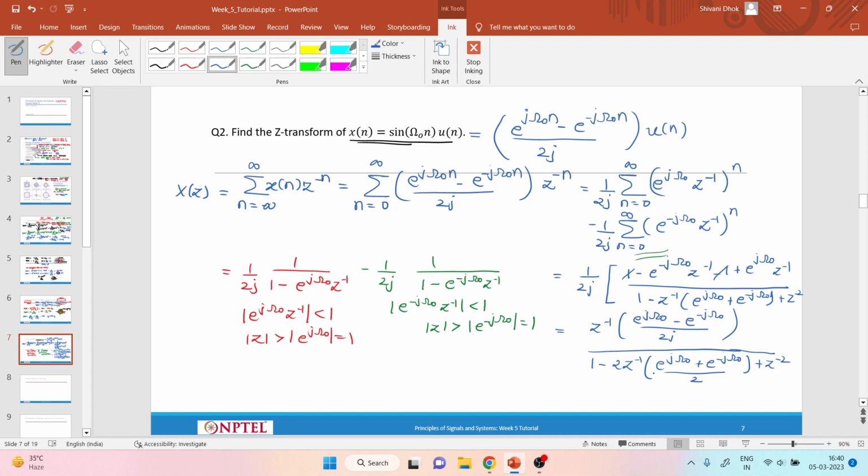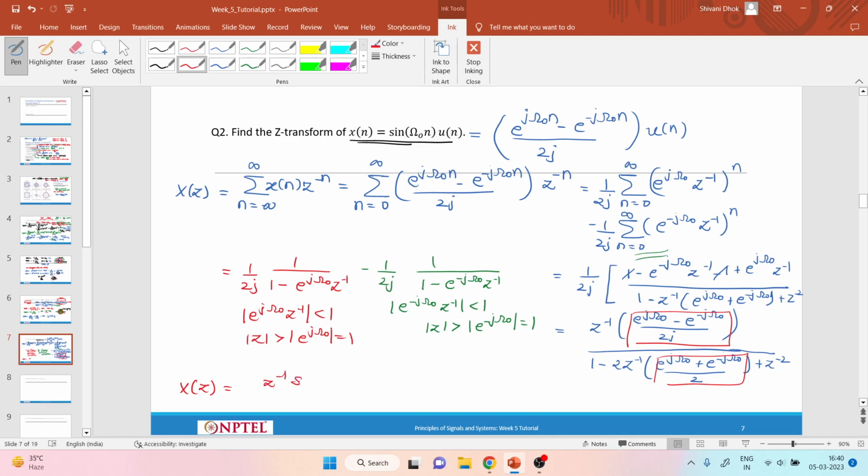So here I have just multiplied and divided by 2 in the second term. So this factor here in the numerator is simply sine of omega naught, and this factor here is simply cos of omega naught. So this x of z I can write as